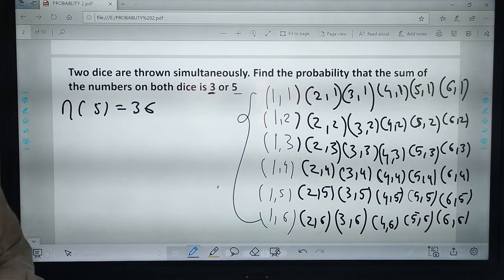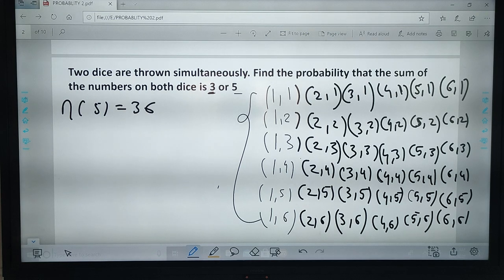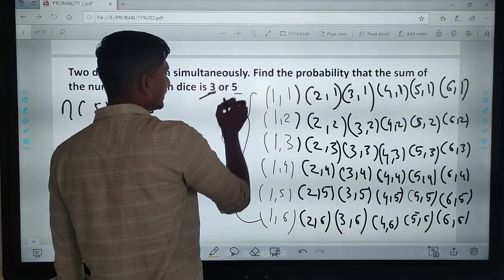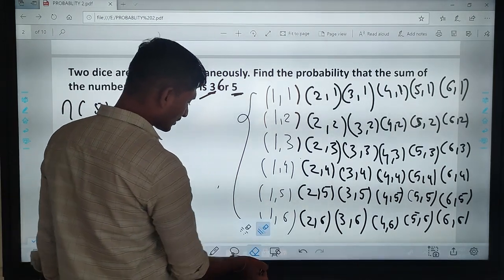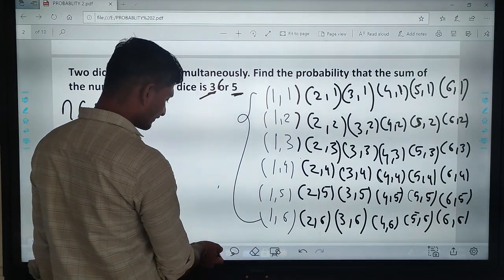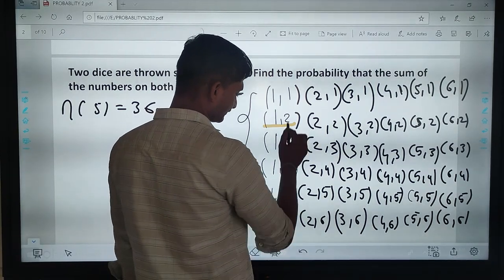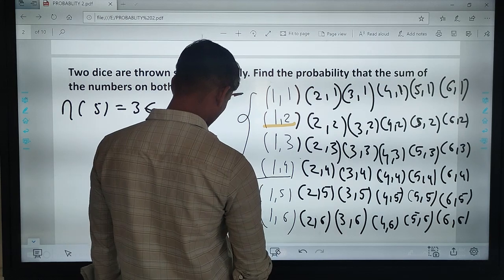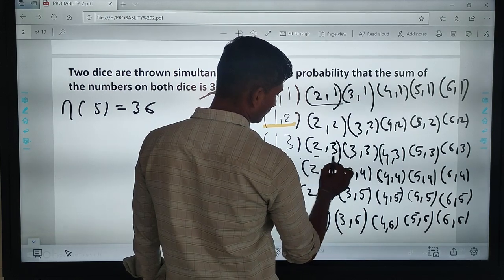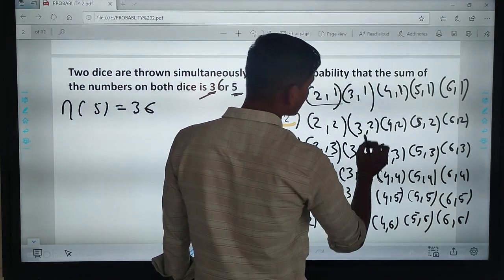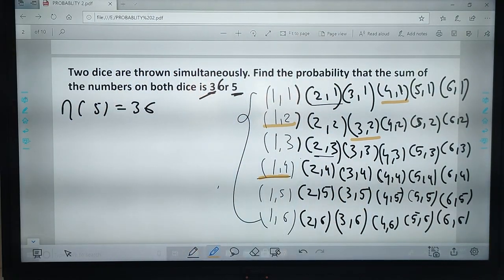If two dice are thrown simultaneously, find the probability that the sum of the numbers on both dice is 3 or 5. Now we find the numbers whose sum is 3 or 5. Here 1 plus 2 is 3. 1 plus 4 is 5. Now here the total number n of A is equal to